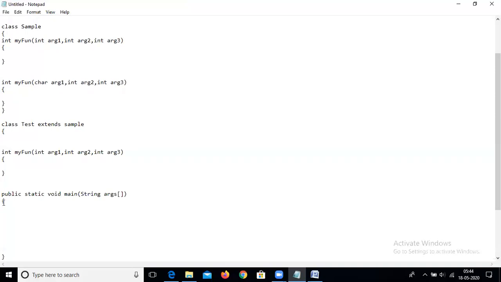In this, I'm going to create the object of the class. Suppose I'm going to create the object: Test obj is equal to new Test.